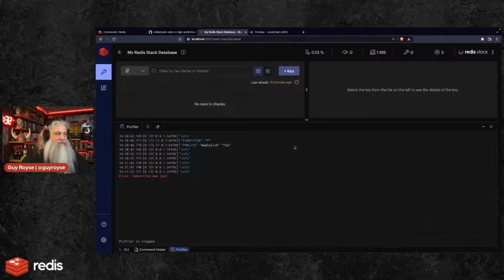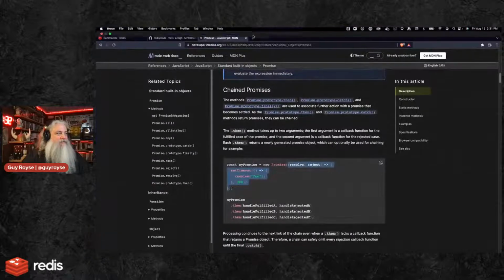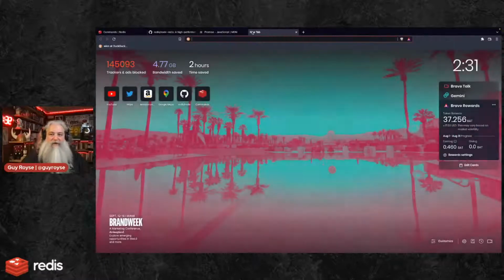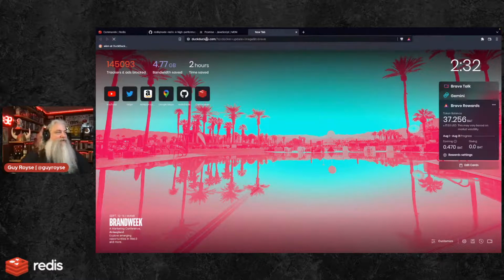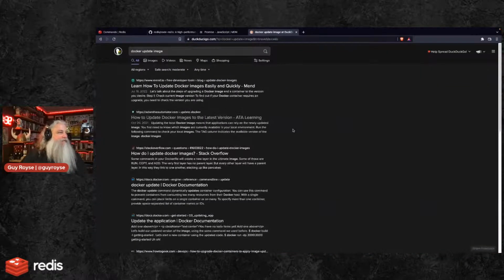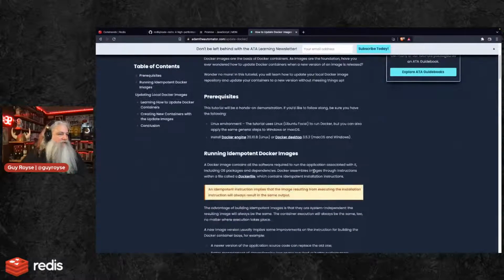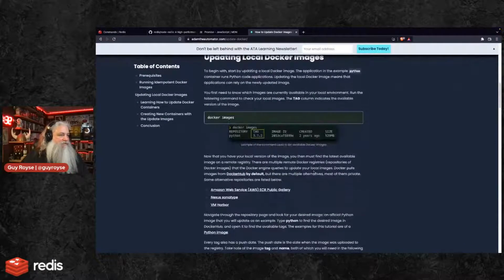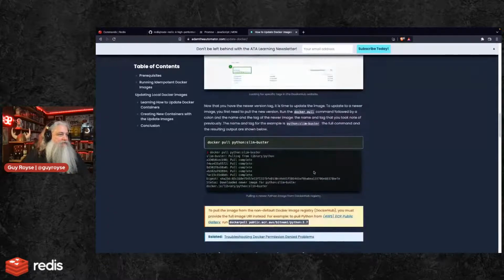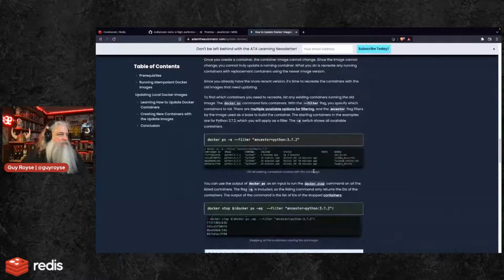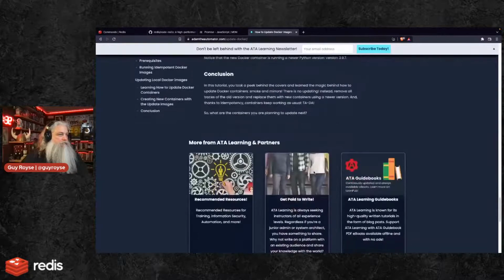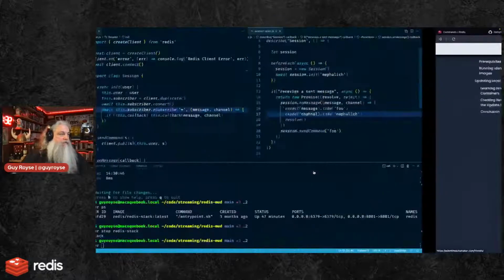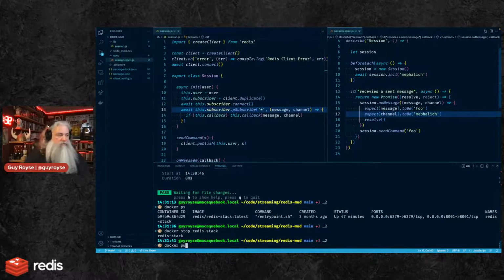Yes, something went wrong. I killed the Docker image. So, Docker update image. I just can never remember any of the commands. Is it Docker pull? Docker pull, get the latest one.